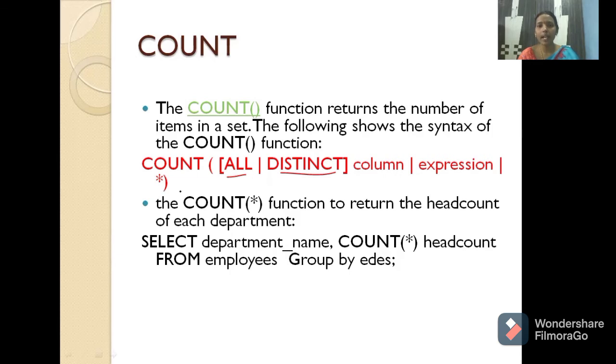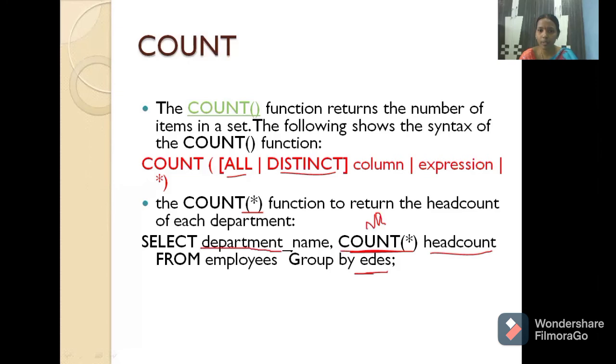Next, column name and expression. So if you write count star, all the rows will be counted. So select department name, count star. I'm giving a rename, so whatever new column it gives, it will give a new row. So I'm renaming that as head count from the employees group by employee designation.